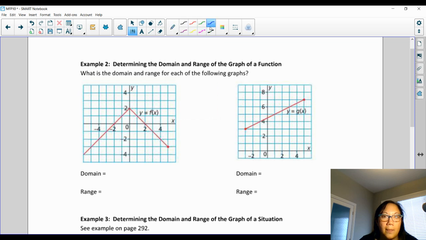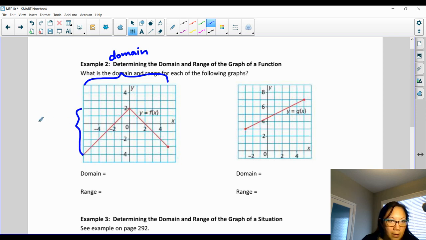So I'm going to switch back to my pen, and the domain is how far the graph goes left to right. And the range is how far the graph goes on the y-axis, which is up and down. And if you know anything about music, you would say that the range of your voice is from the lowest note to the highest note. So it's the same kind of concept here, mathematically speaking. So domain